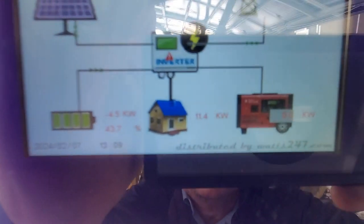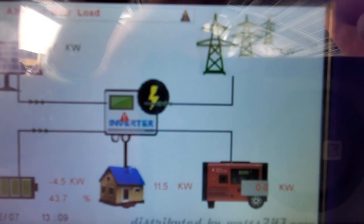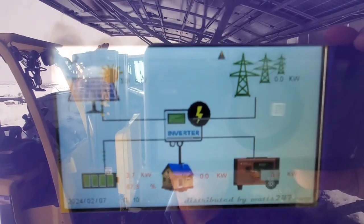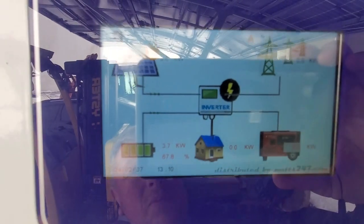What you'll notice as well is the reason why it's actually not overloading. I told it to limit. The battery is pulling 3.5 kilowatts from the grid over there. It was handling that overload while sharing from the grid at the same time. So if we put that load back on,